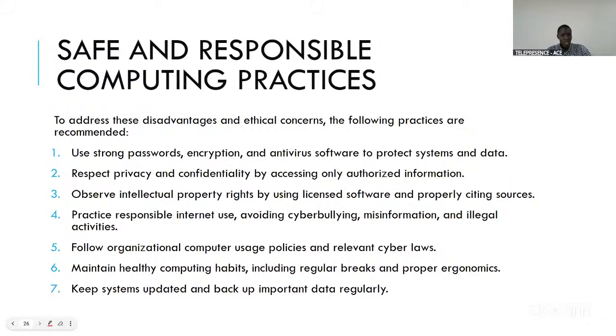Maintain healthy computing habits, including regular breaks and proper ergonomics. And lastly, you keep your system updated and back up important data regularly. So these are the safe ways for us to ensure we guard against computer misuse and